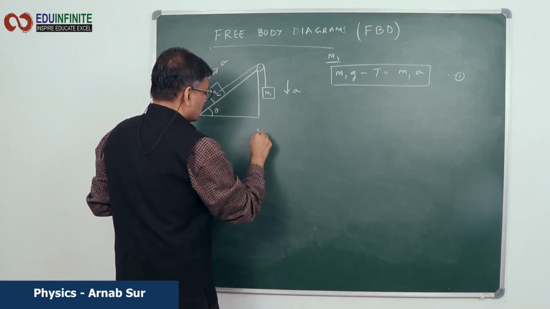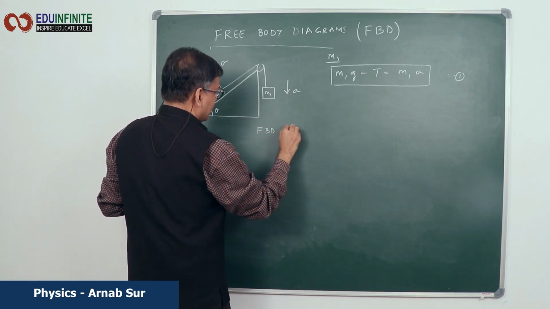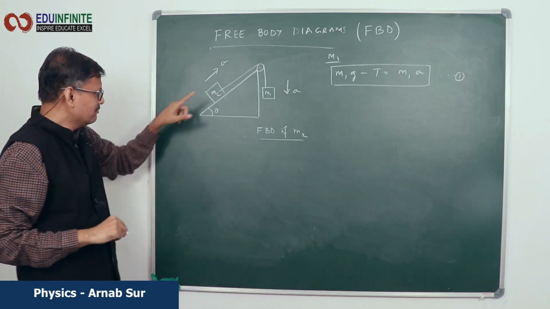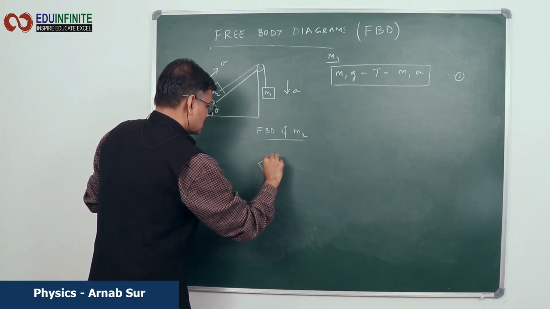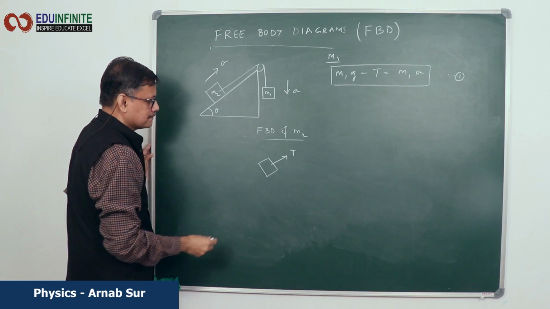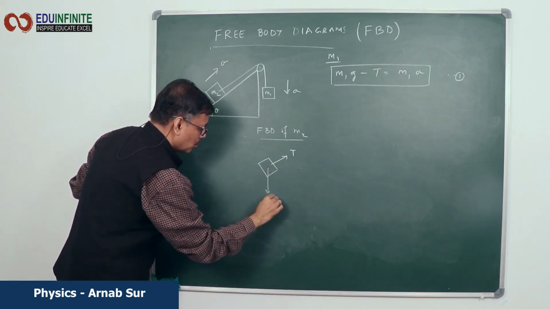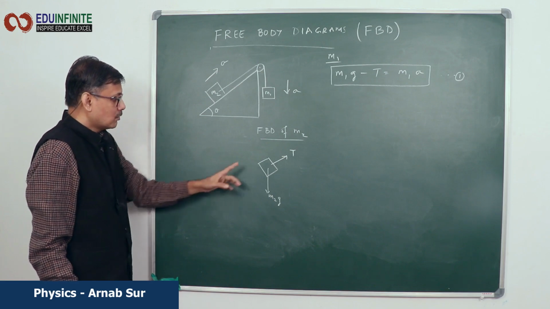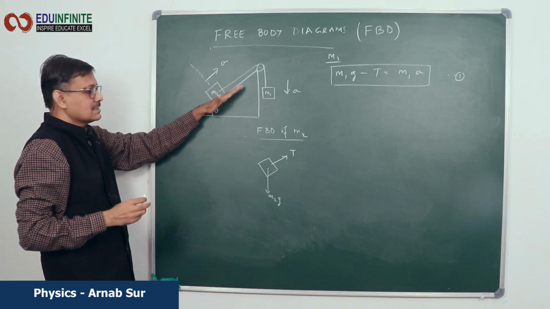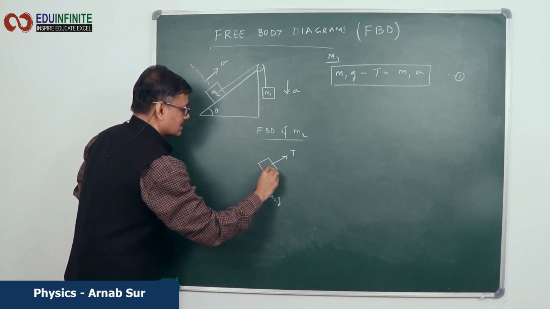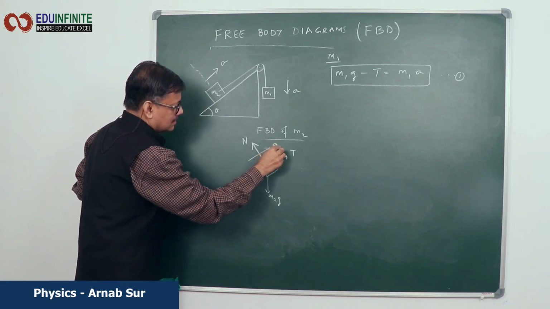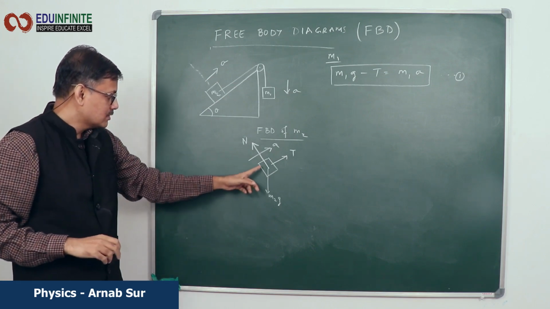This will be the FBD of M2. How many forces are acting on this? For M2, one force will be the tension in the upward direction, one force will be the weight in the downward direction, and one will be the normal force which is perpendicular to the surface. Surface means this is the surface, so it will be perpendicular to the surface. So this is M2. Acceleration is along the incline. So if you resolve this M2g,